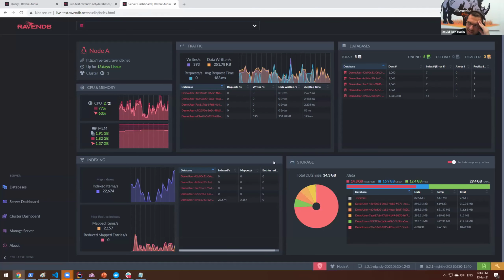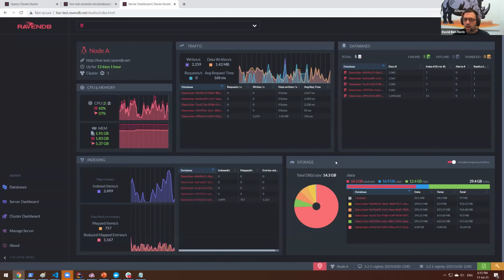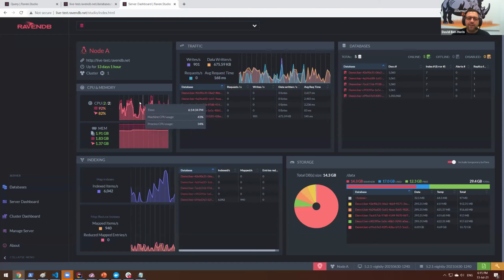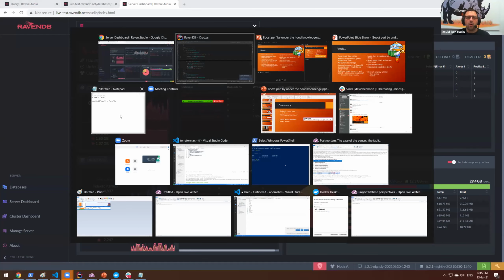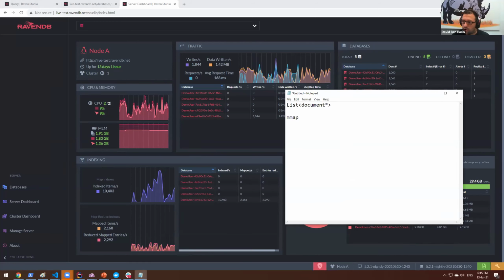Now, this sounds like a really, really, really bad idea. Why? We have to keep all of these results in memory. What happens if this is tens of megabytes, hundreds of megabytes? Well, the answer is that yes and no. What do you mean by that? We have to keep it in memory, but remember how RavenDB works. What we actually keep in memory is the document pointer,